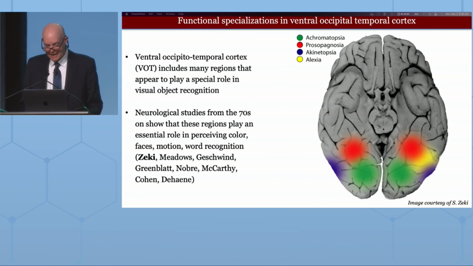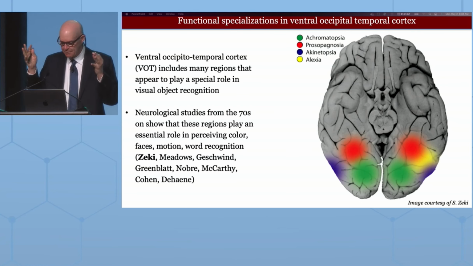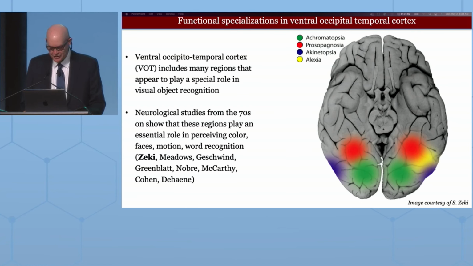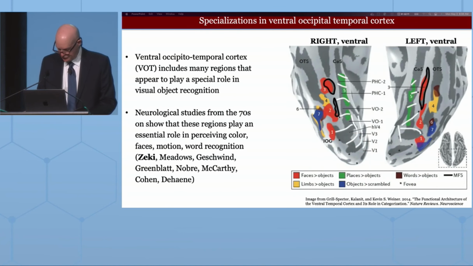So what is it that we knew about these reading centers? Well, starting in about 1990, we had pictures roughly like this from Semir Zeki, who's a great pioneer and wonderful anatomist and scientist understanding processing in the visual cortex. Looking at the ventral part, the bottom part of the human brain, we would have pictures that said color is kind of over here and words may be over there and so forth. And so we knew some stuff, and there had been some very nice papers by Kia Nobre, Greg McCarthy, Stan Dehaene and Laurent Cohen.